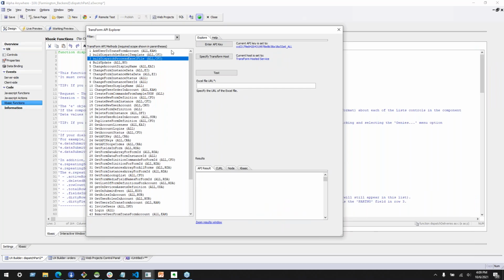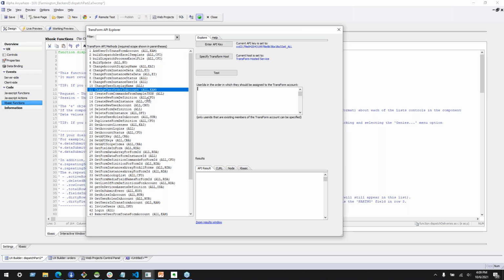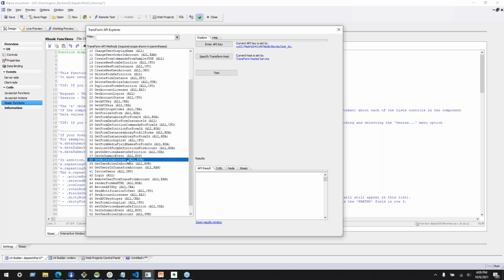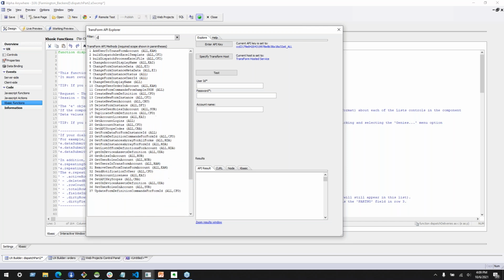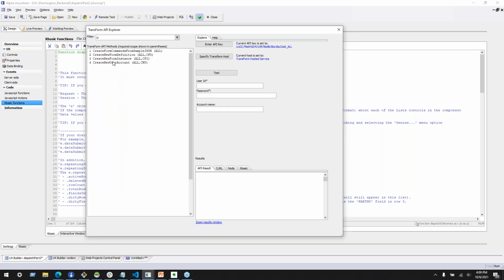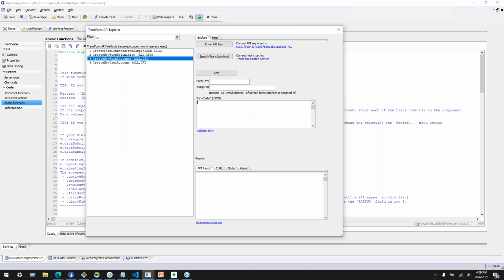And we have a whole bunch of API methods you can call on Transform that do all sorts of things like change the user's order in the account. That's the order of the users in your account, not user orders. Get the list of roles that are on the account, log someone in using transform credentials, and so forth. We have one here for creating new form instances. So I'm going to type in create and find that new form instance. And this API requires a few things. It requires the ID of the form. It optionally requires the person you're going to send the form to, which we are going to use, and then